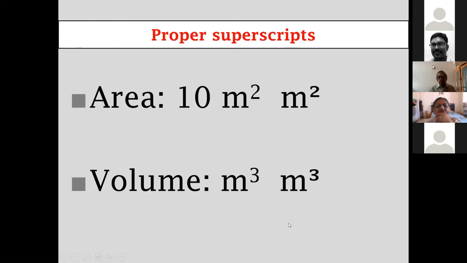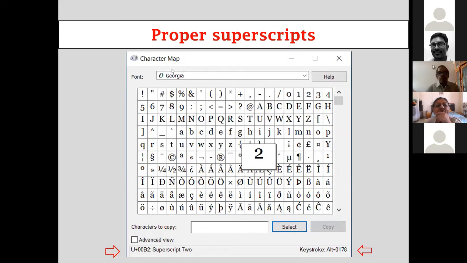You go to character map, and you will see for most fonts, at least superscript 2 and superscript 3 will be provided separately. So you go to character map, select this and copy it. Or you could use the keystroke combination. So Alt 0178 will give you the proper superscript 2.